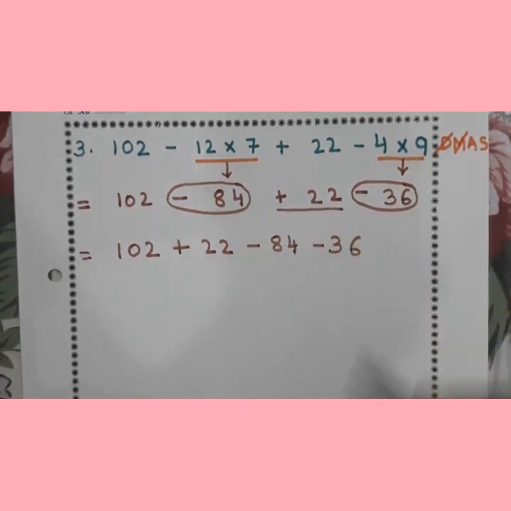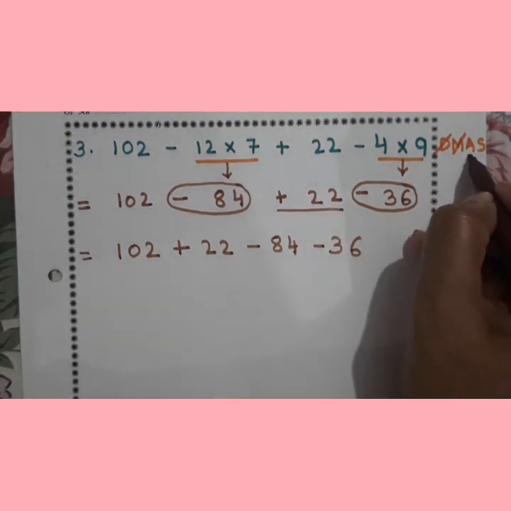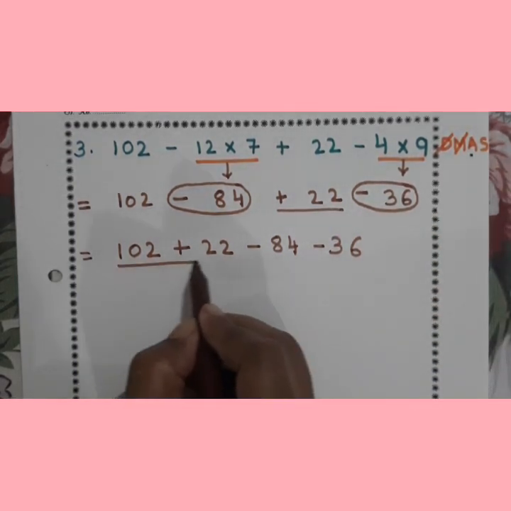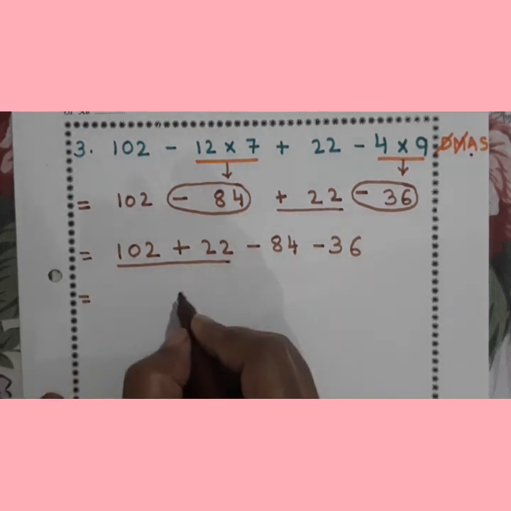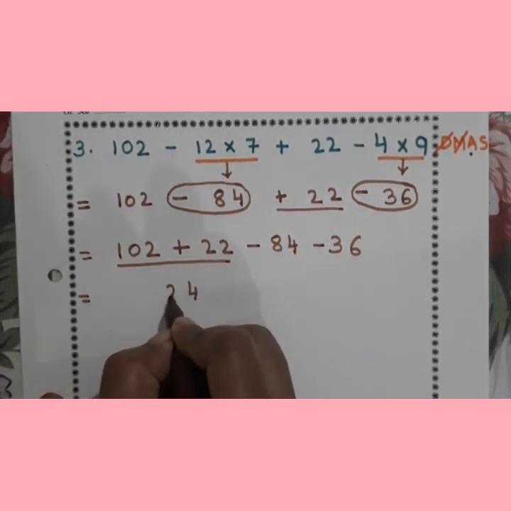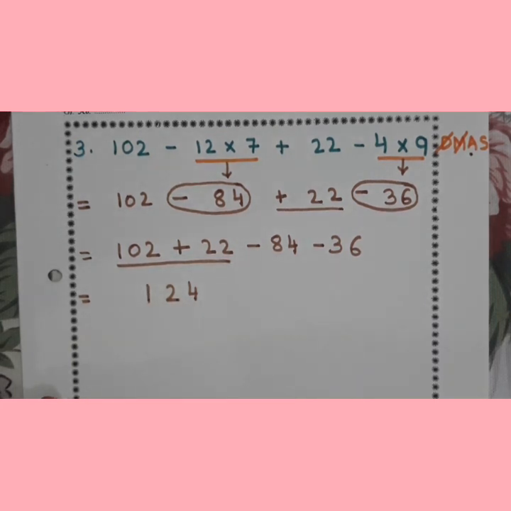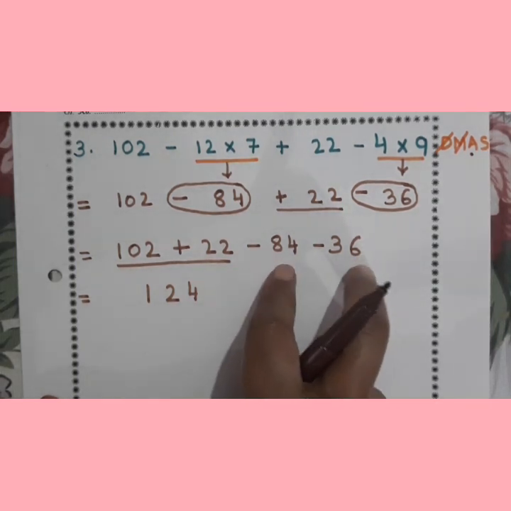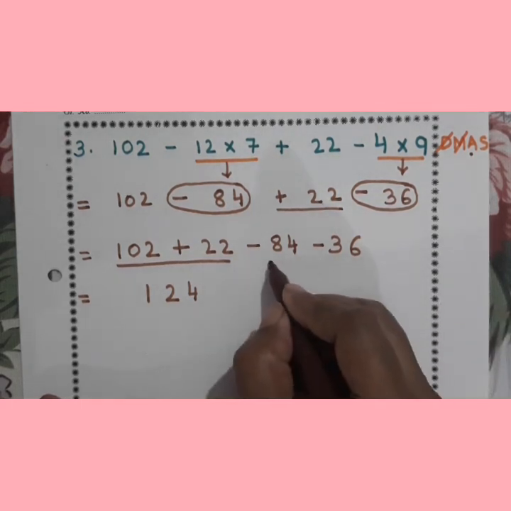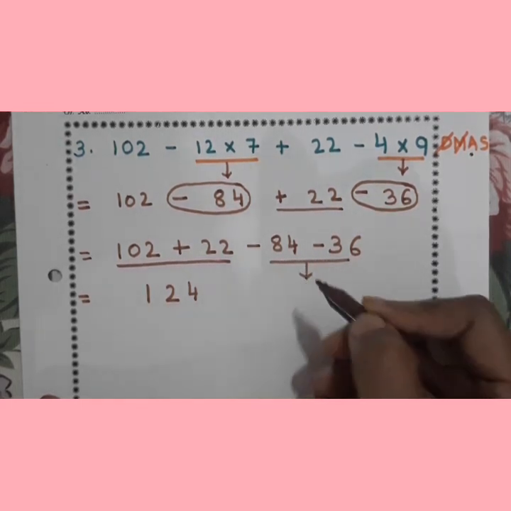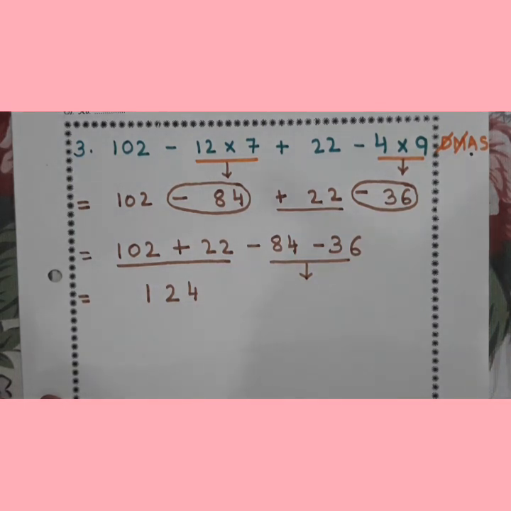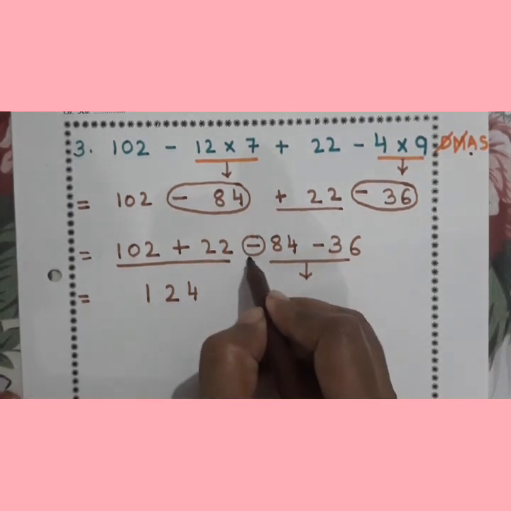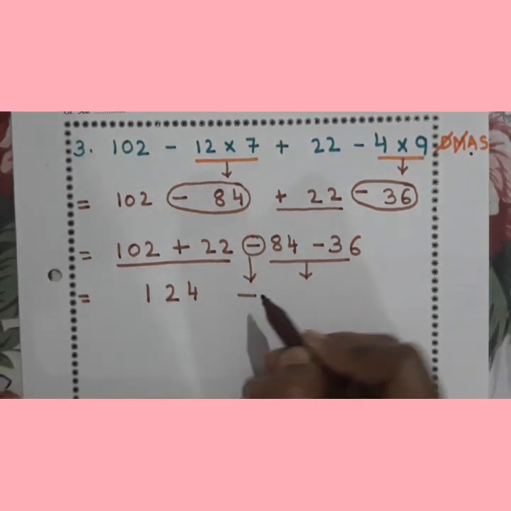Alright. Now, what is the next step? It is addition. So, we underline whatever we have to add up. 2 plus 2 is 4. 2 plus 0 is 2 and 1. Now, do you remember what I had told you? If 2 or more than 2 numbers have a minus sign, what do we do? We add them up. Do you remember that? We add them up. And what sign should we put before the number? Do not forget, we always put the negative sign, that is the minus sign.